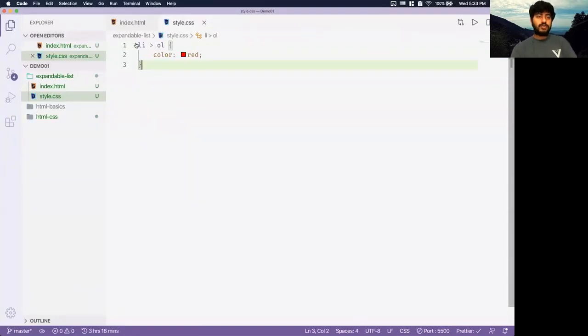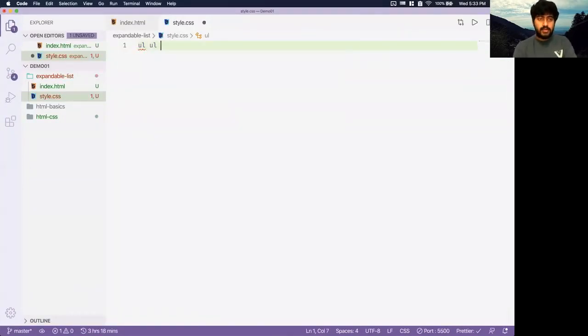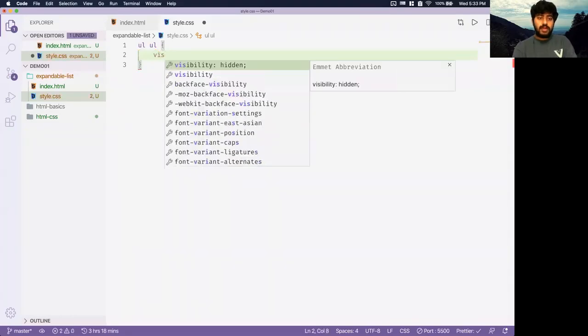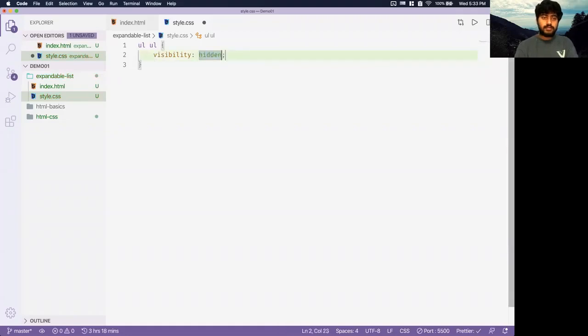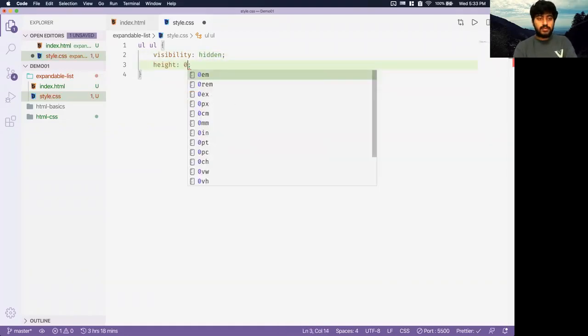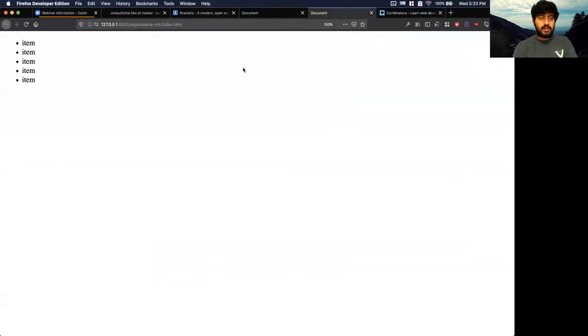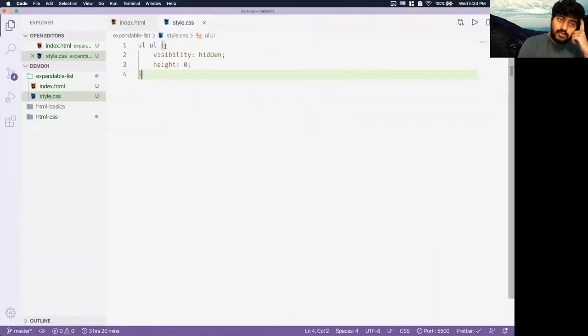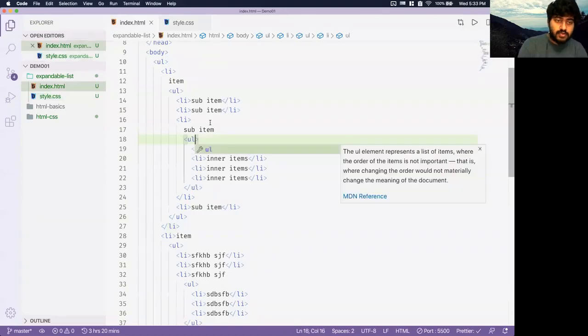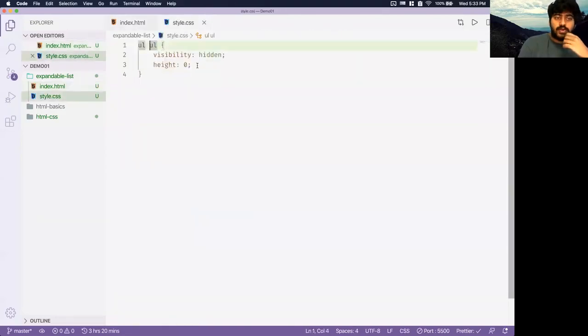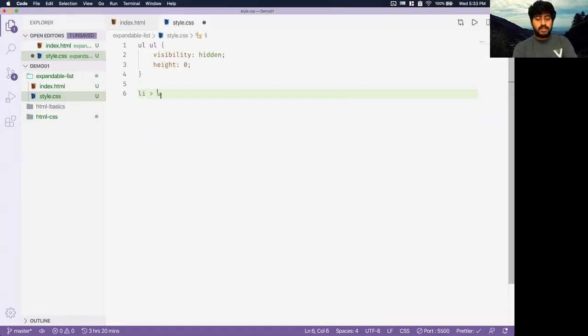So what I want to do is, let's say I write ul and then inside another ul. So I write that visibility hidden and height 0. What will happen is that the inner ULs have become invisible. Okay, that's because I've said that ULs which are inside an UL. So let me make this actually an UL only. So ULs which are inside an UL, their visibility is going to be hidden, and their height is going to be 0. Next, what I do is, inside an li, if there is an UL,